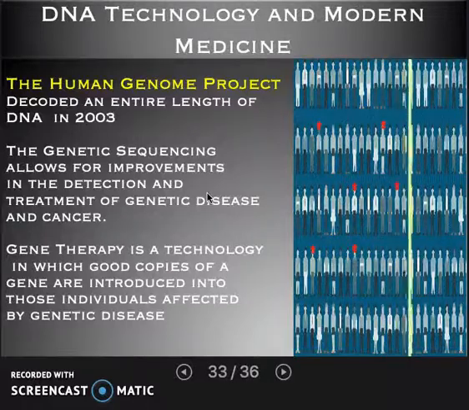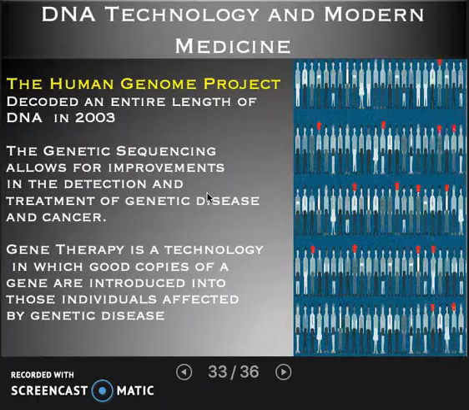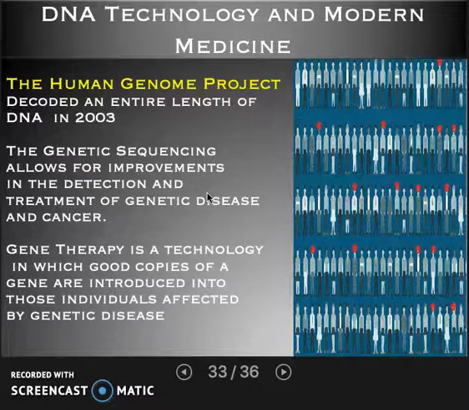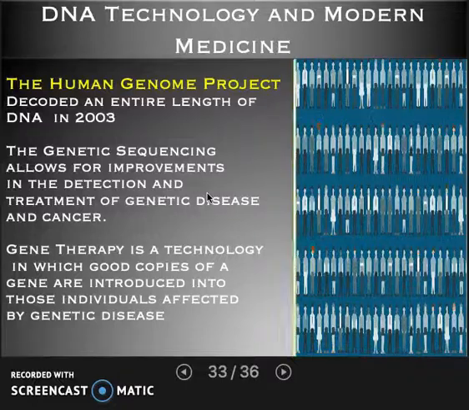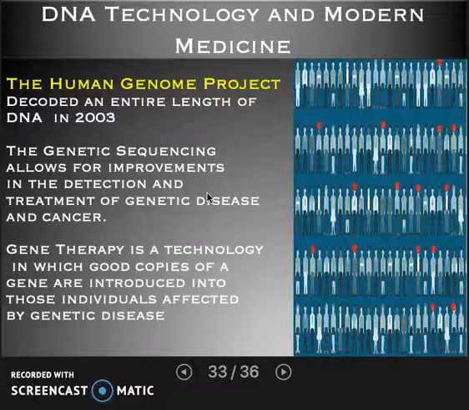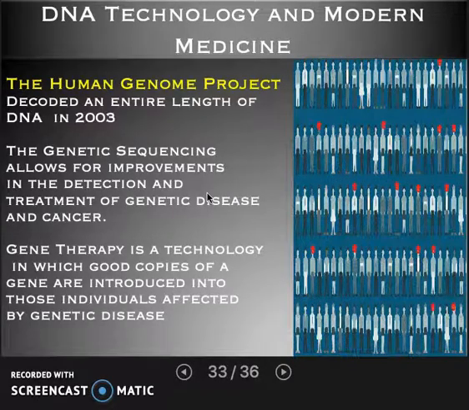Well, that DNA fingerprinting technique led to a very simple idea of, hey, let's take a look at the whole human genome, right? So remember that you've got a DNA molecule that's about 3 billion base pairs long. You have 21,500 genes. How do we know that? Well, because they decoded a whole human genome. Now, just imagine how long it would take to count to 3 billion?